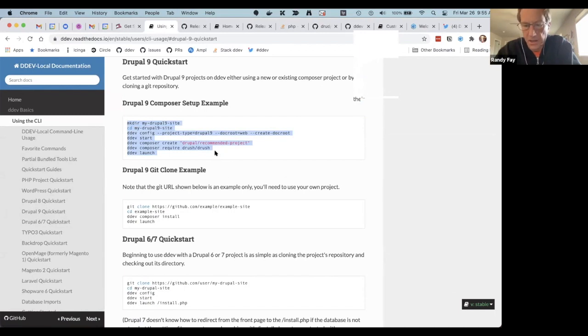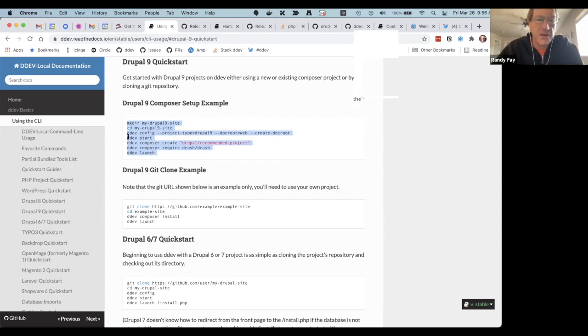Can you see that okay? Yeah. So this is what you would do if you needed to create a regular project, not a Git checkout project. We'll talk about Quick Sprint in a minute, but we're going to do a Git checkout project because it's more appropriate for tomorrow's events.